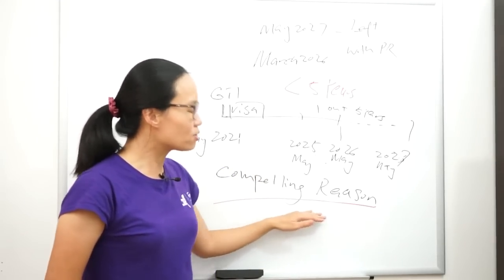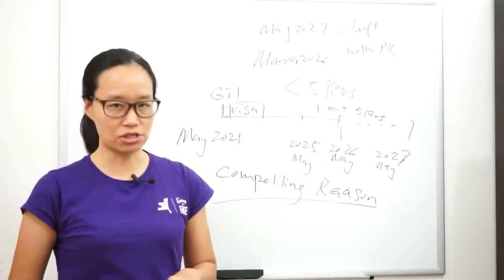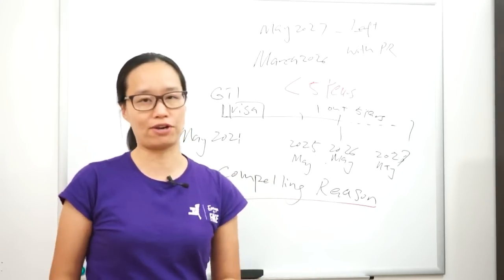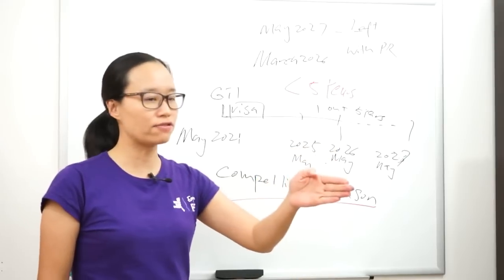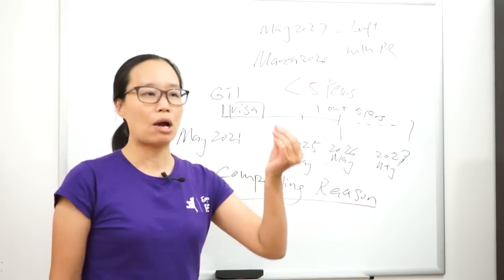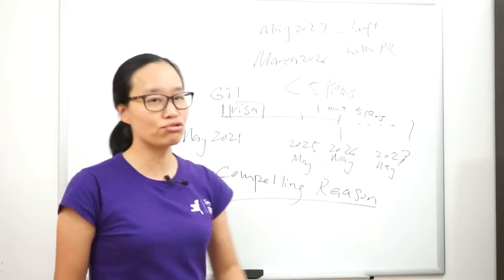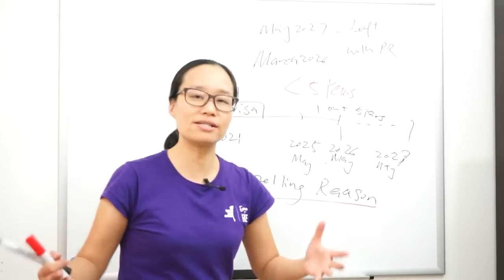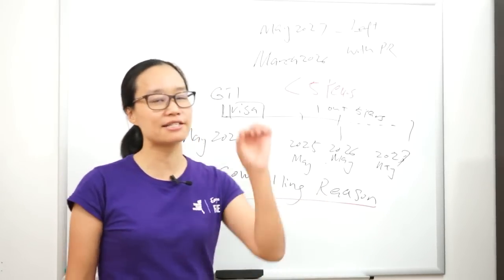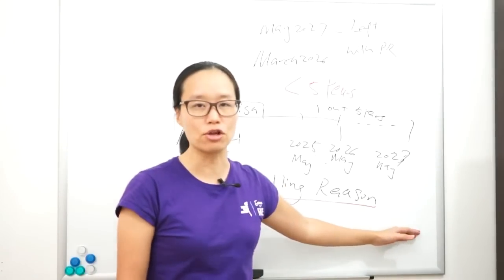Compelling reason. In terms of how heavy, let me consider this word as how heavy the evidence is. The longer you stay in Australia, the less evidence you need to provide. As simple as that. So 2 out of 5 years, you don't provide much. Let's say you have stayed in Australia 1 year, 1.5 years, not much need to provide. Now, if you only stay in Australia 1 day out of 5 years, you're going to explain a lot. It's common sense.